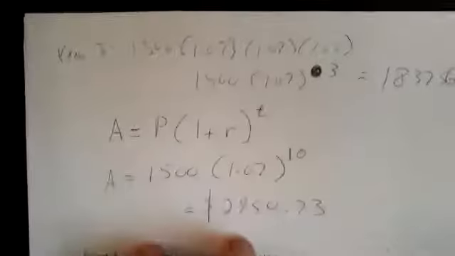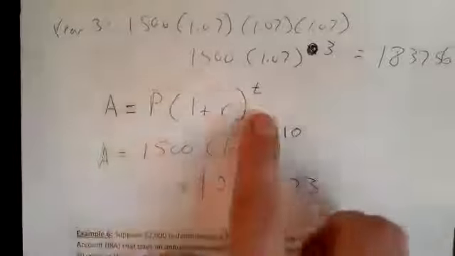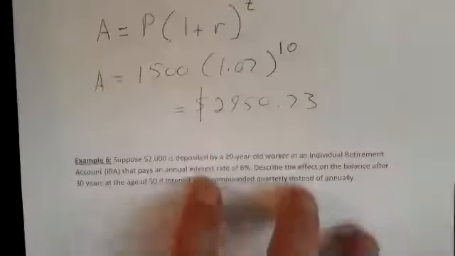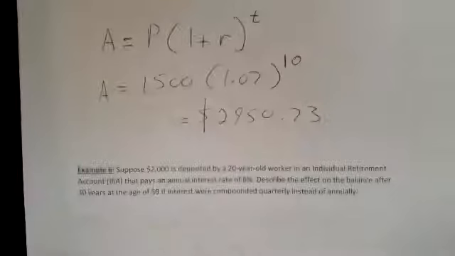And so this is how you sort of find compounding interest, right? If it was simple interest, we would just do this 1,500 times the 1.07 once, right? But we're going to compound it, and they're going to compound it each year. We have to use this sort of formula because